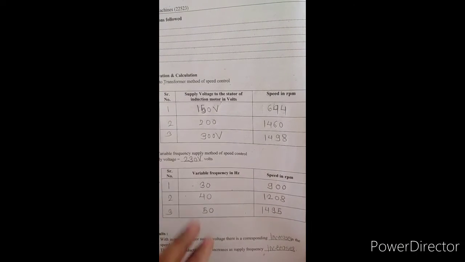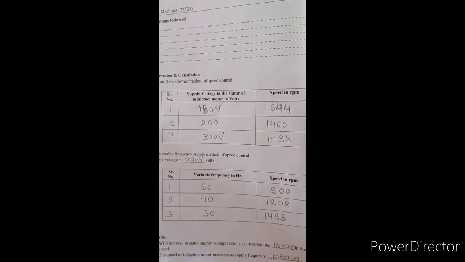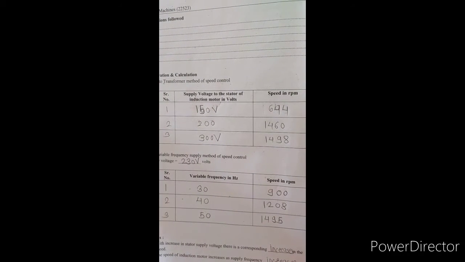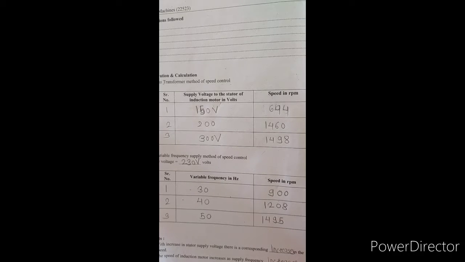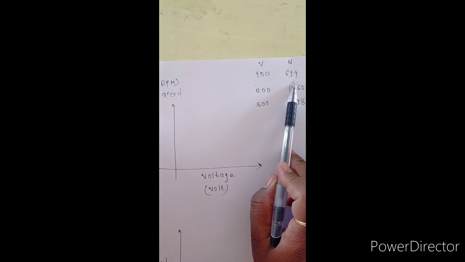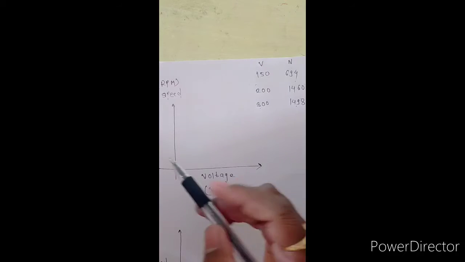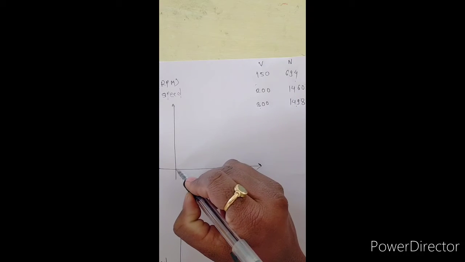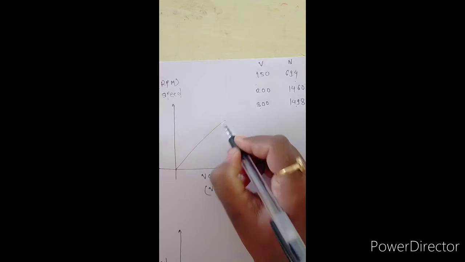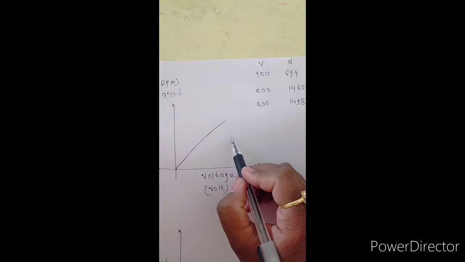Now these are the readings from the practical. From these readings we have to draw the plots, for speed against voltage and speed against frequency. We have the reading voltage 150 and speed 694. With the increase in voltage, our speed increases, so simply we can see our graph will be increasing. With respect to the voltage, our speed increases and increases